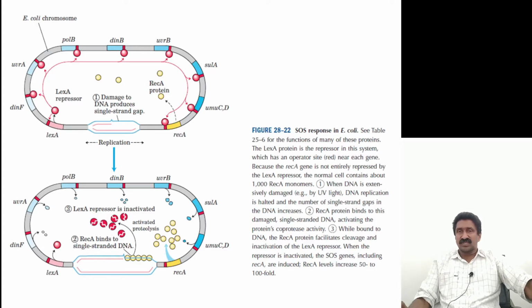So when it binds to the single stranded region of the DNA, this coprotease activity of the RecA protein is activated, and that coprotease activity will cleave the LexA repressor proteins available here. So when the LexA protein is cleaved or removed by the RecA coprotease activity,